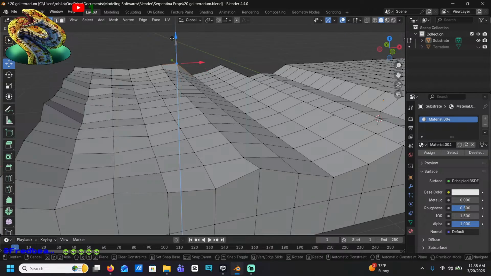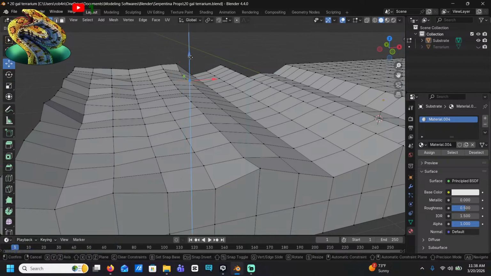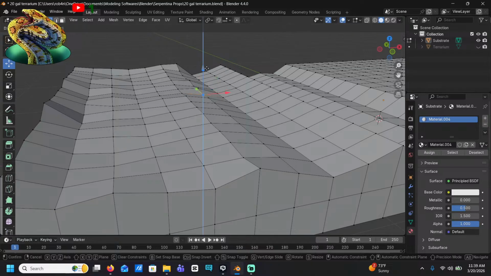I need to make it tall, because substrate kind of arches up along the sides of the terrarium, so it needs to be a little bit taller on the edges, like a bowl. Even if you don't shove the substrate up against the side, the snake probably will. Ask me how I know.